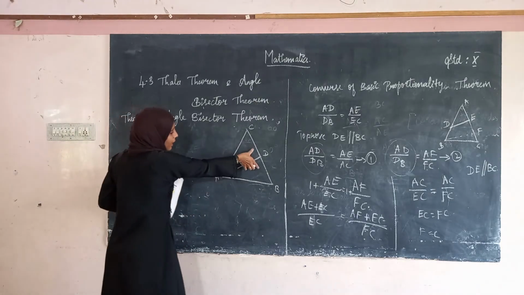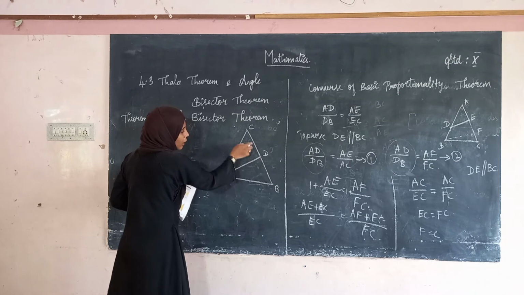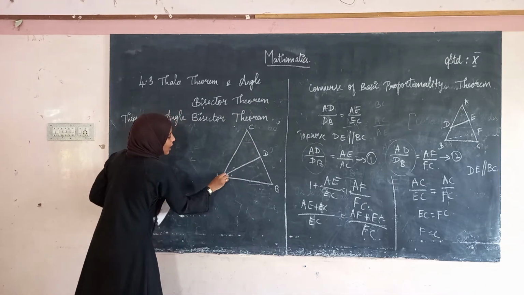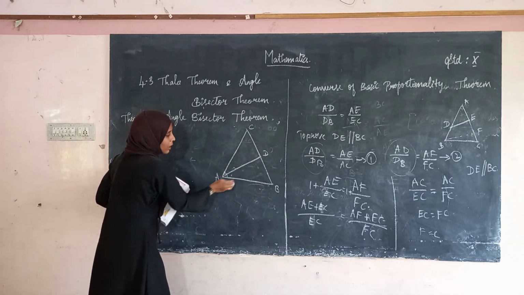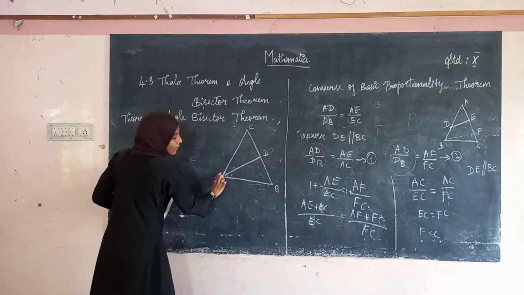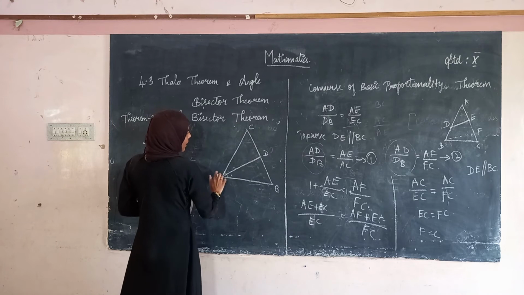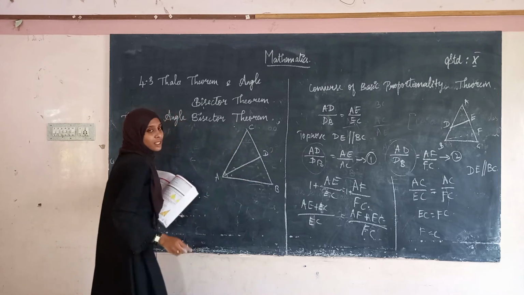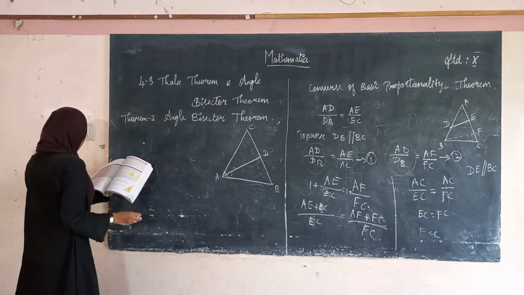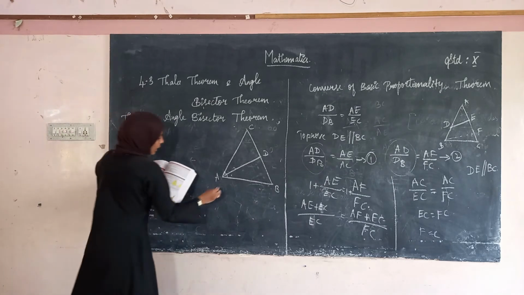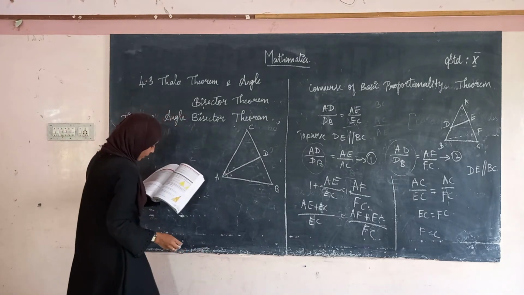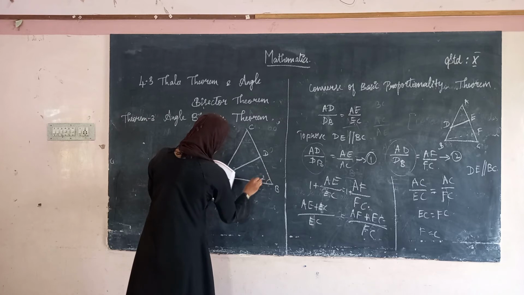So it divides this side, and this side is in the corresponding ratio with the sides having the angle. The ratio is of the sides that contain this angle, AB and AC. Therefore AB divided by AC is equal to BD divided by DC. This is what we have to prove here. Okay, so this is angle 1 and this is also angle 1 and this is angle 2.